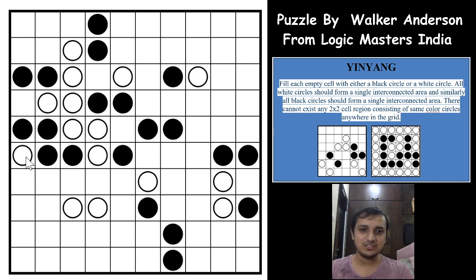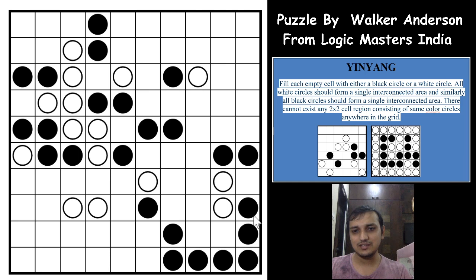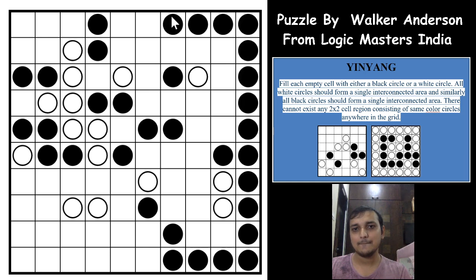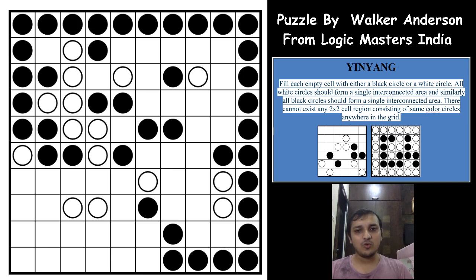What a great logic this has. All this logic just to get a white circle here, and after getting here, now we know that these cells cannot be, we are not sure of these cells, but all the other cells, these 2 black circles and all the other opposite cells will be black, right? Even this one. So what a great way to get just one white circle at the edge. What a great start to the puzzle.